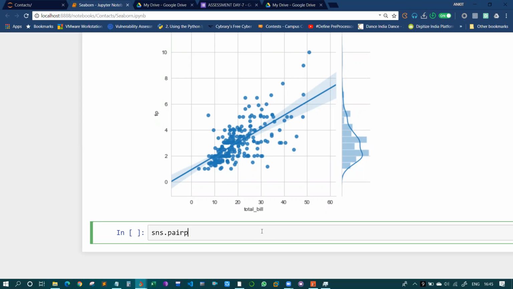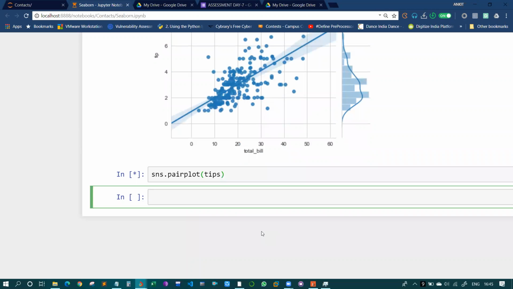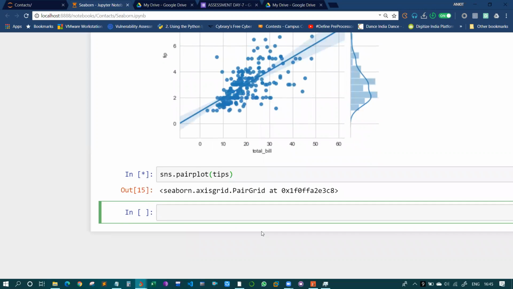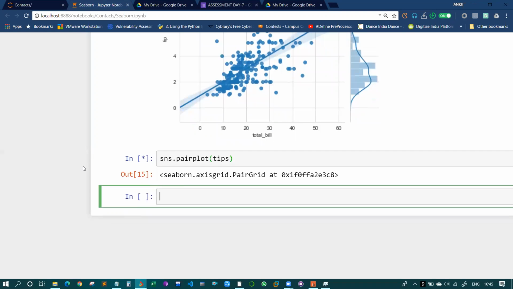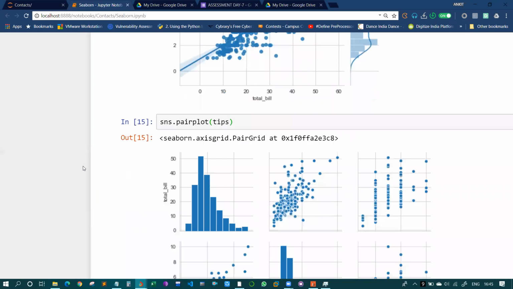Pair plot only takes in the name of the data set, that is tips. Fine, and for however many numerical columns there are, it will give you their comparison with each and every other column. This graph takes a little bit of time based on your system specification.